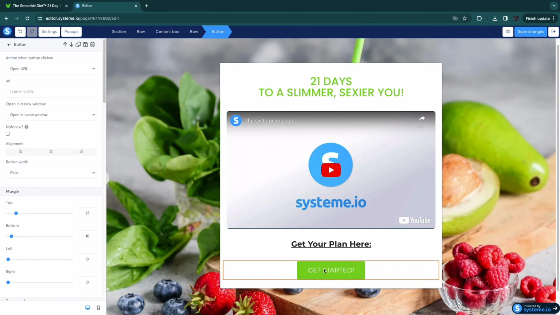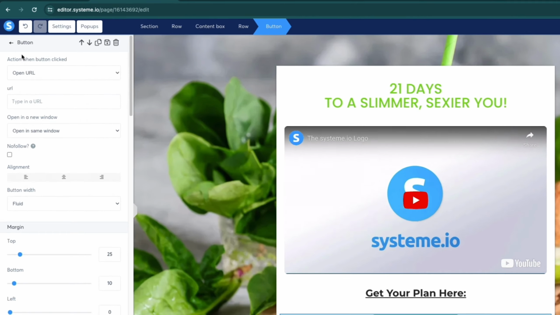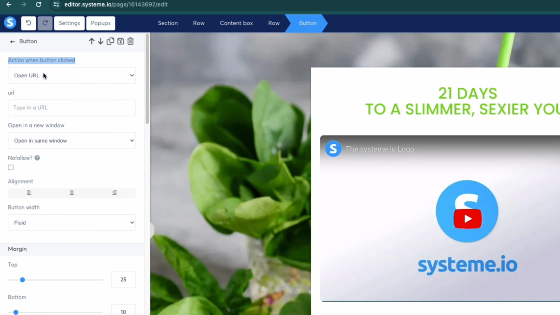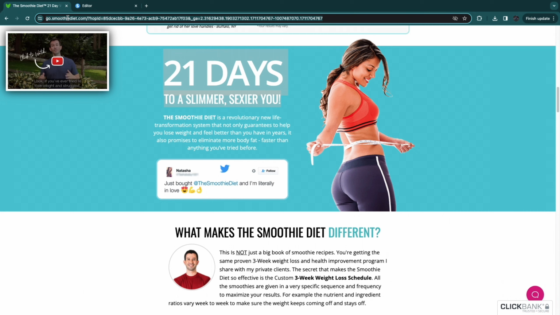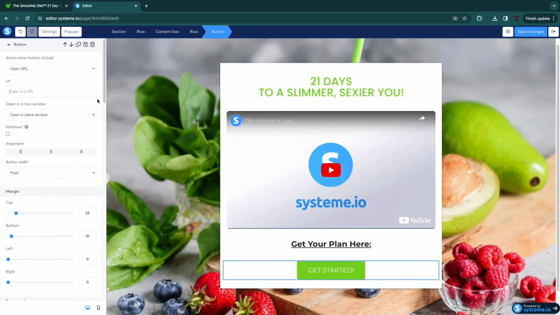So now that we have customized this button, the final thing we need to do is set the action when button click to open URL, and here paste in your affiliate link. So let's say this right here is my affiliate link. Then what I'm going to do is just paste in that affiliate link right here. So then after you paste in the affiliate link, you can click save changes in the top right,